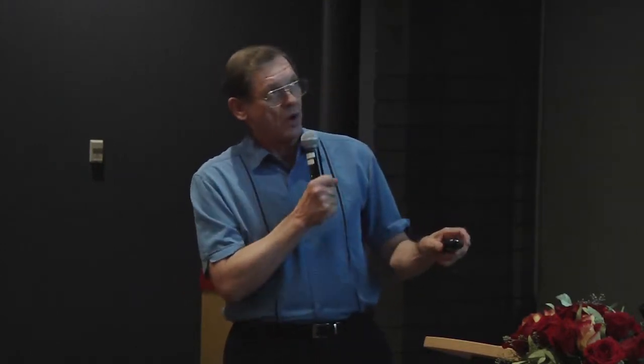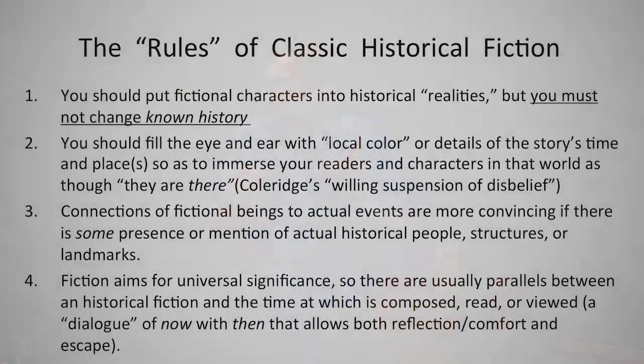Now, some authors, some filmmakers do historical fiction, and they don't necessarily follow these standards. They don't necessarily follow what I would call the rules of classic historical fiction. Now, these are not legal rules. They're conventions, and authors can choose to violate them. But Downton Abbey has made the decision, as a lot of successors of Scott and Cooper have, to maintain these rules as a matter of convention and make sure the audience knows that we expect that, and we count on that, episode after episode and novel after novel.